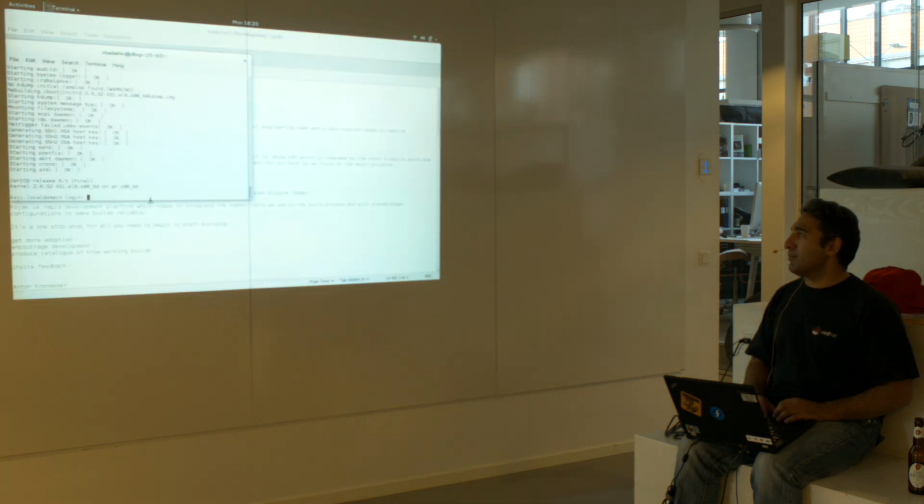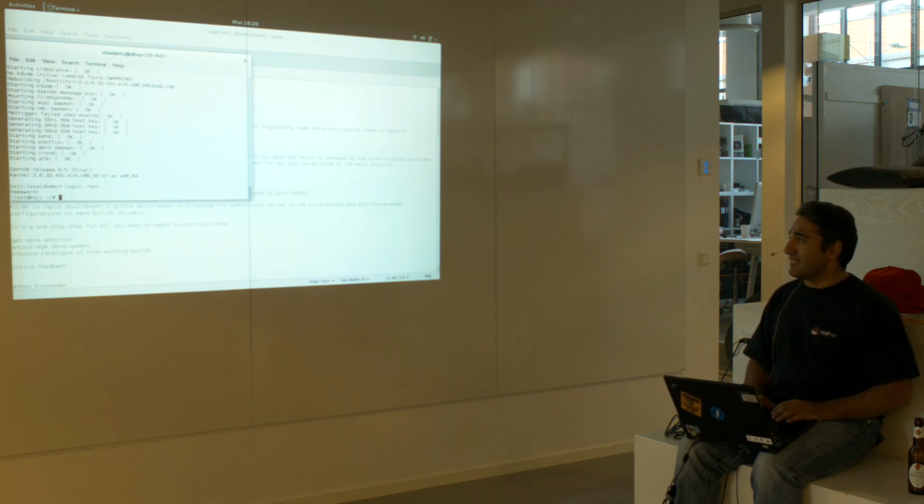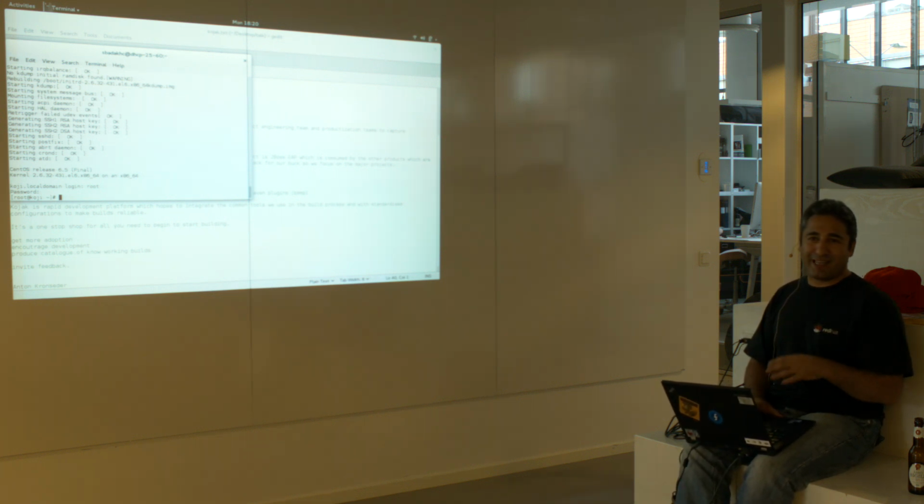Okay, so there you go, boom. Now we're into the system, and it's just a Linux prompt that comes up. It's root and root. It's really secure. No, obviously you can change and configure that yourselves. But basically, you can log in with root.